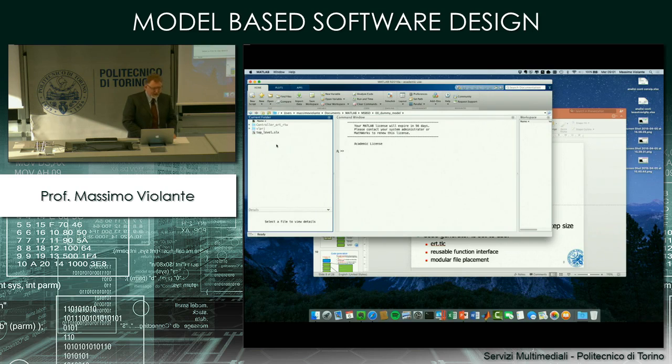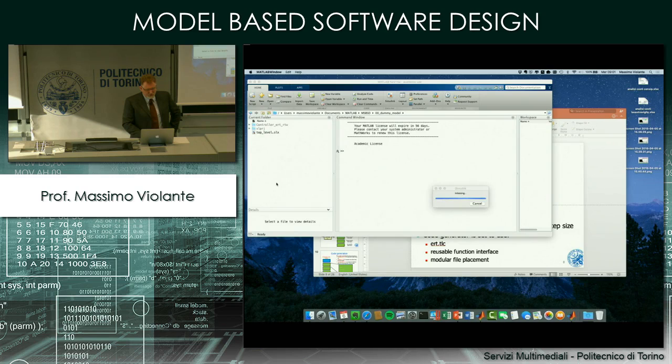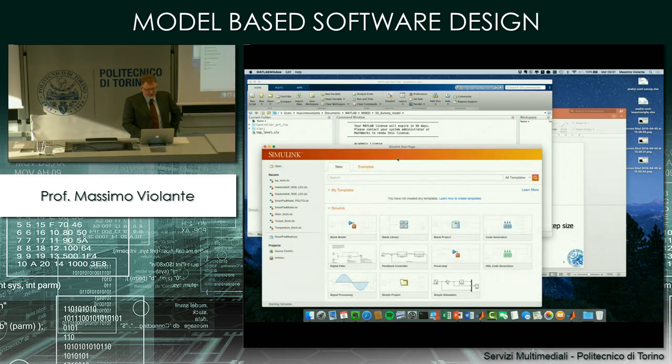And then we can create a new Simulink schematics. This can be done through new Simulink model. In the new version of Simulink, you will have a kind of wizard that allows you to select the template you want to use for the modeling. If you click on new Simulink model, you have something like this,